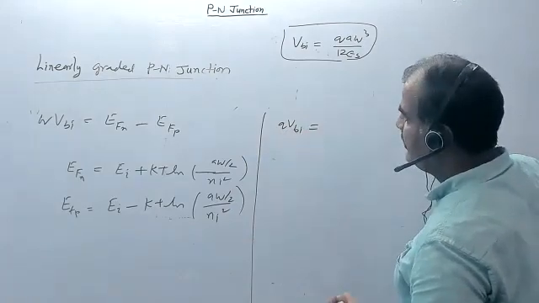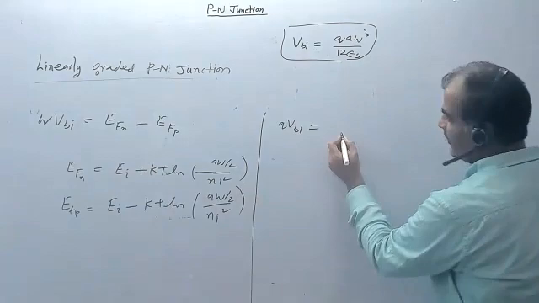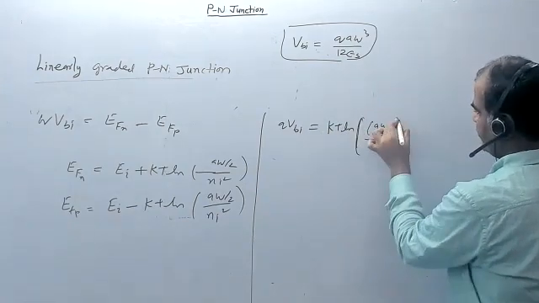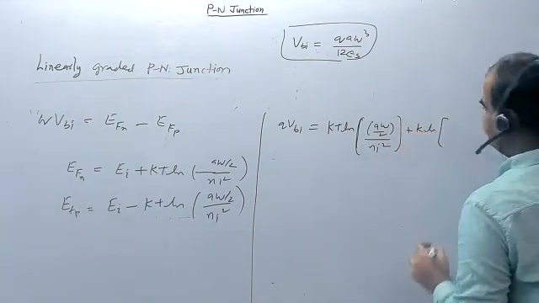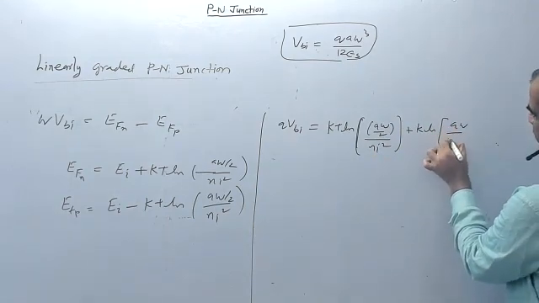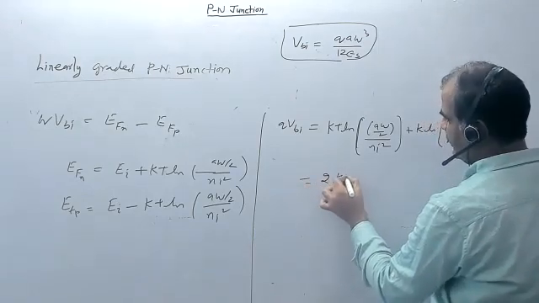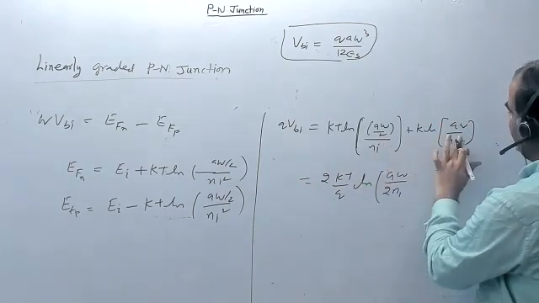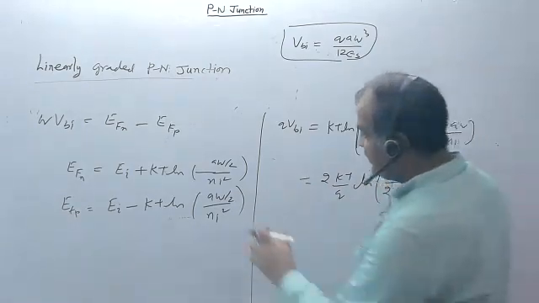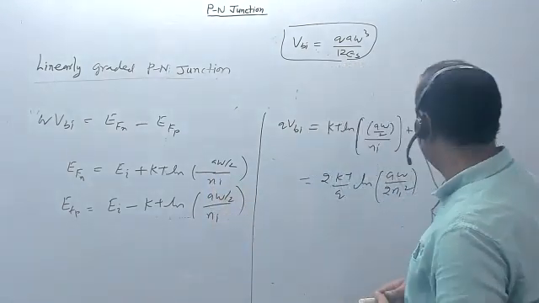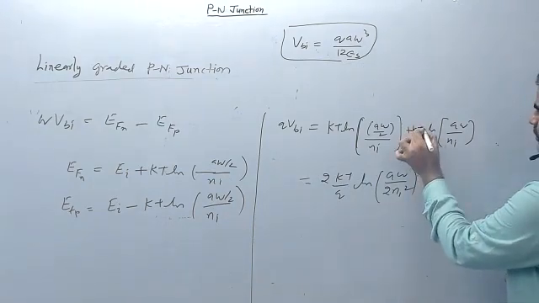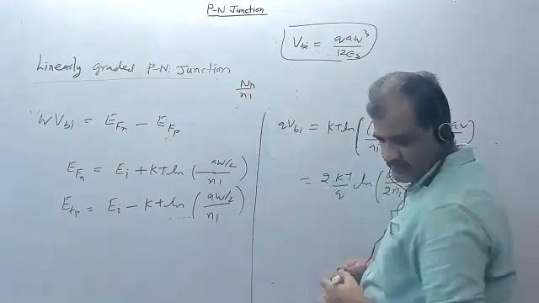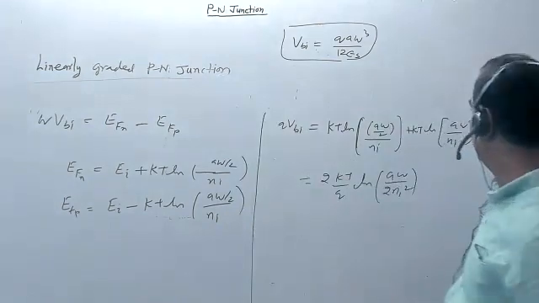So if a difference, this will cancel, okay, and this both will add, so KT ln AW by 2 upon NI square, plus KT ln AW by 2 upon NI square, okay, so this becomes 2 KT by Q ln AW by 2 NI. सेकंड टर्म में KT होगा ना सर? NI here, not NI square, ND upon NI होता है। ठीक है, NI स्क्वायर नहीं होता।